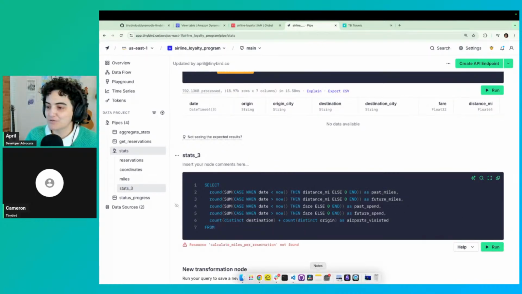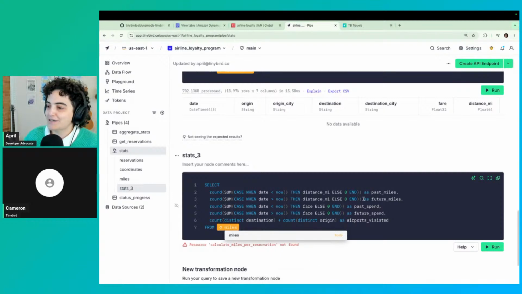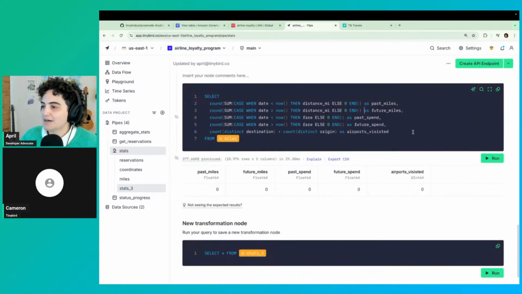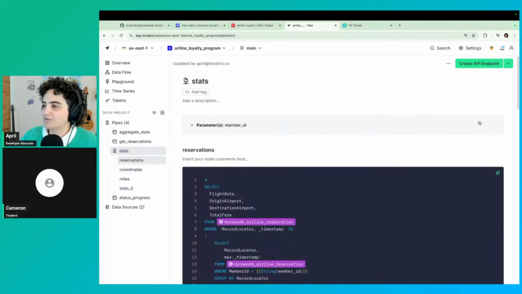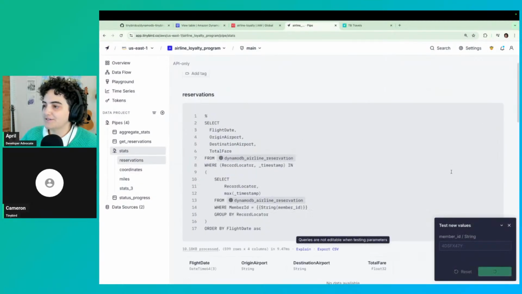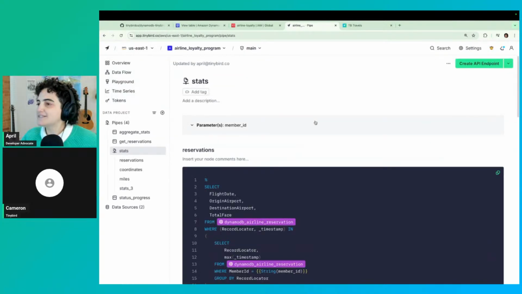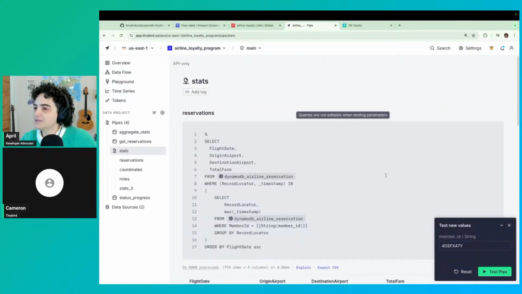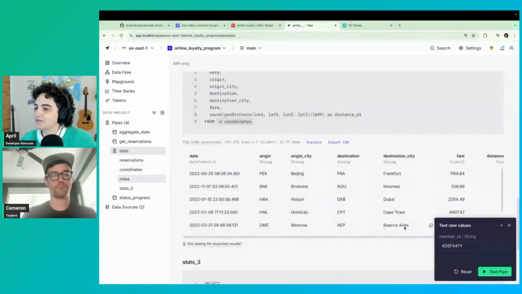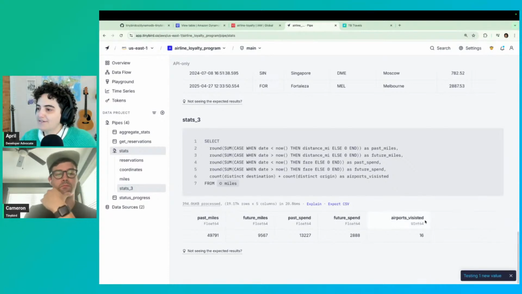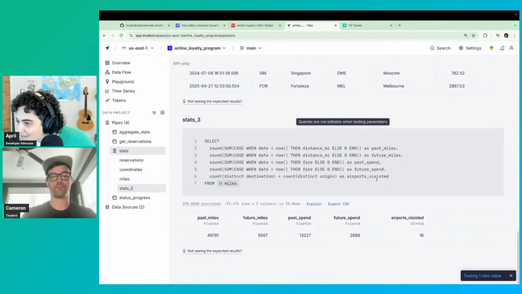And I'm copying this over from another pipe, so I need to make sure I'm updating the names correctly here. All right, so we got that in. We can go over to our test values again and see. I'm not sure why it's giving me the spinny wheel when I go to test after adding a new node, but let's see. All right, so now we can see past miles, past spend, future spend, and I misspelled visited here,